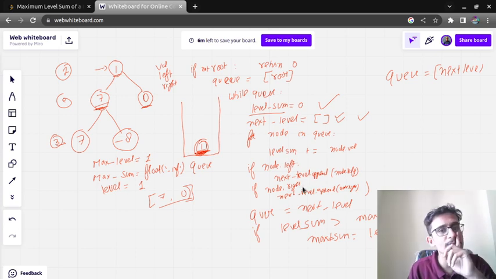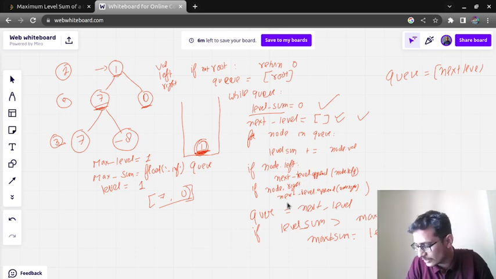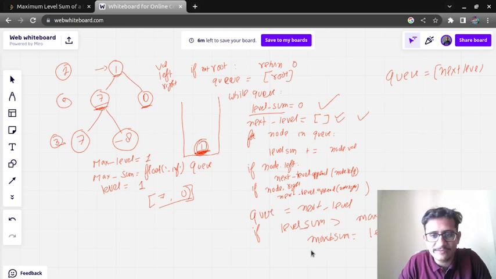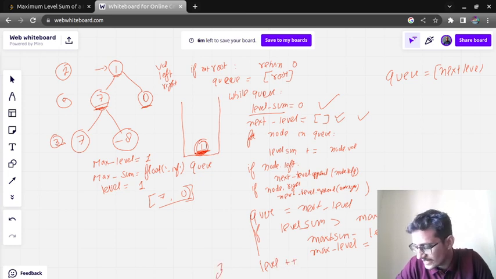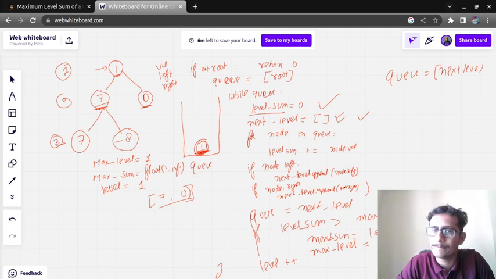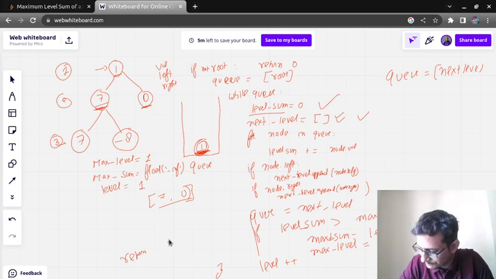And we need to update the max level, which will be equal to the level. Once this is done, we need to go to the next level, so we will do level plus plus. This is the code that will help us find the maximum row. And once this while loop is done, we are going to return the max level.